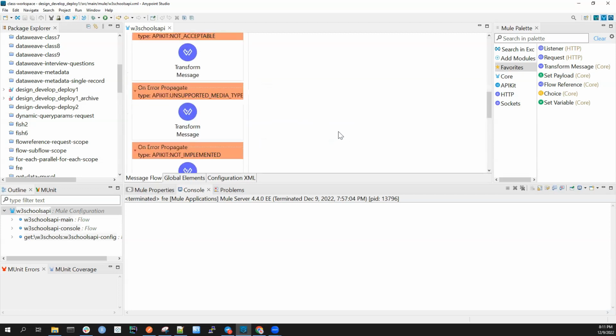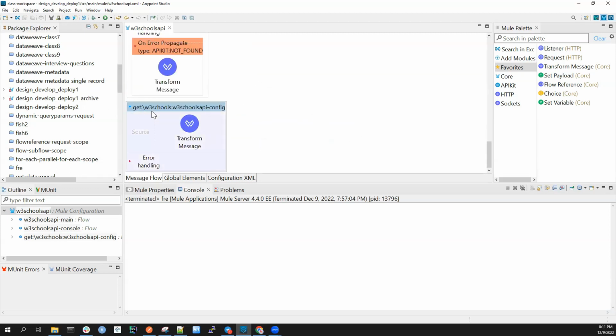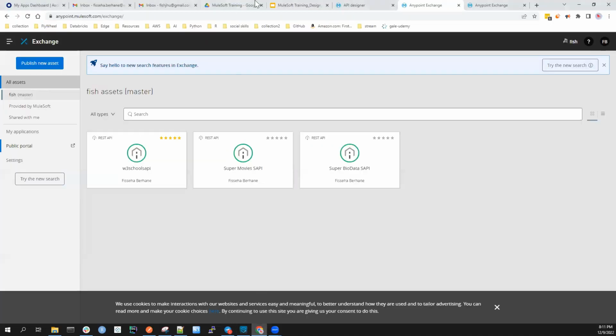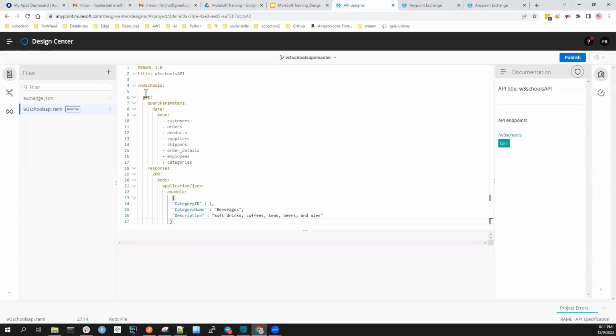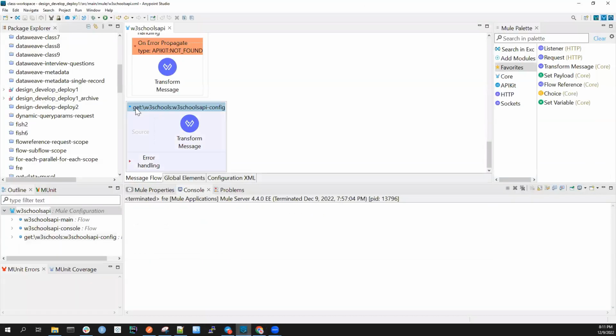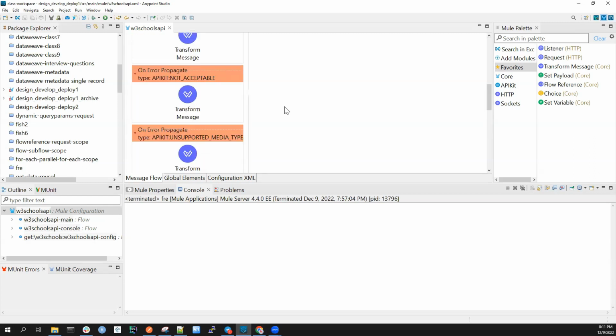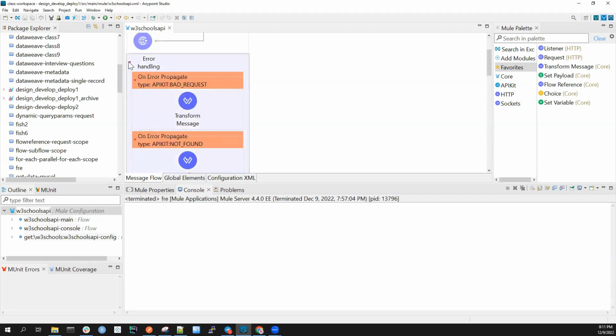If I expand it here, you see the resource we created in Design Center. We have this resource, W3 schools with the GET method. We just have only this one endpoint. That is what you see here: W3 schools, the resource, GET is the method, and there is this configuration also. We don't need to change the flow name here. And here you see it generated